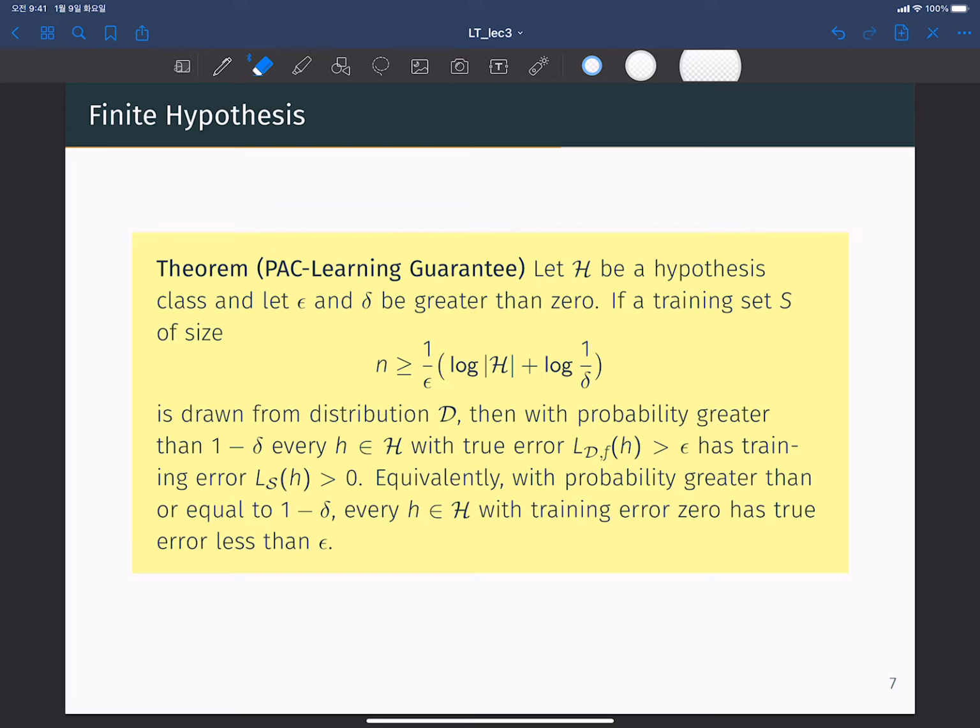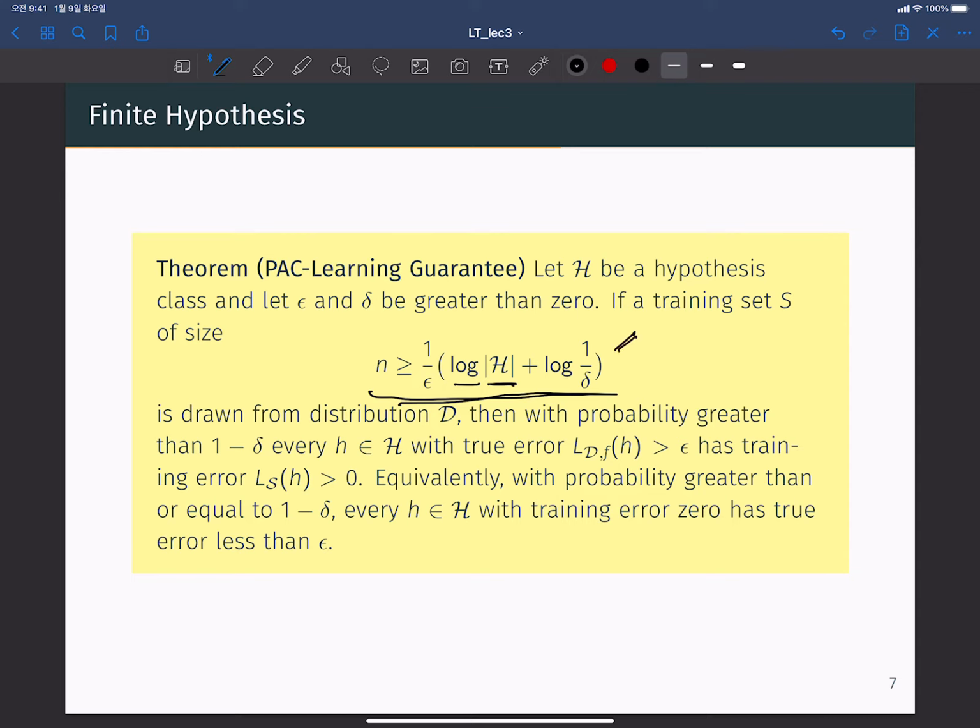If a training set S of size n satisfying n ≥ (1/epsilon)(log |H| + log(1/delta)),